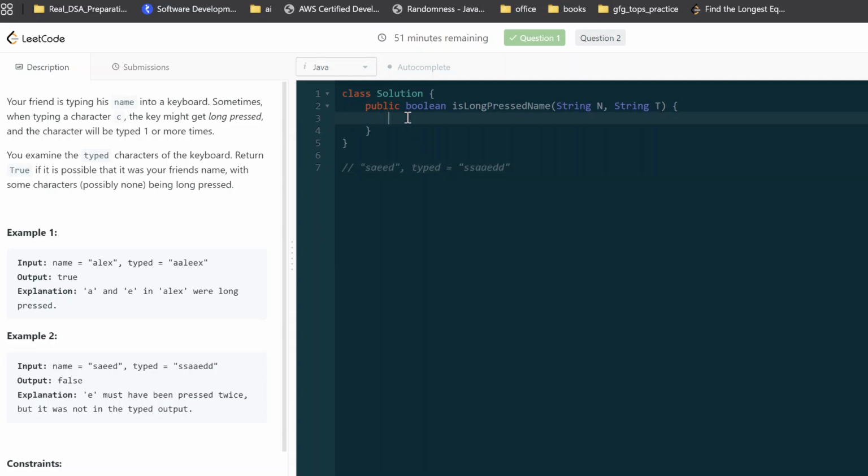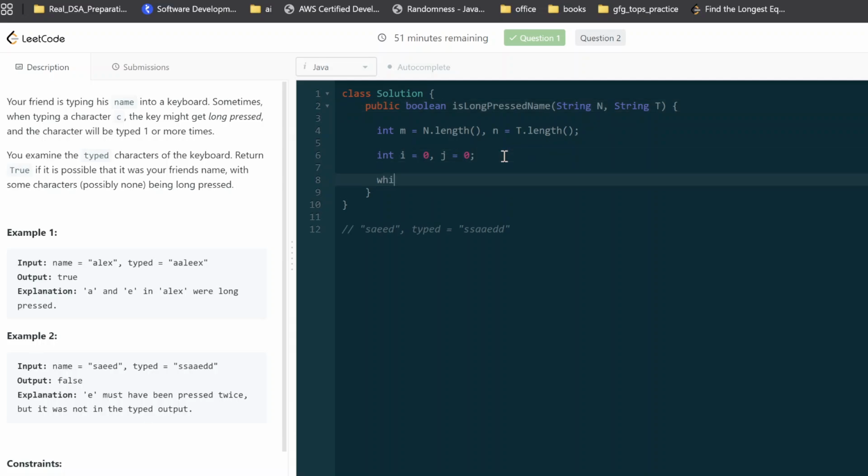So how are we gonna do that? Let's first extract the length of n and t. I will call it m for n dot length and n for t dot length, right? And then I'm gonna create two pointers, i equals 0, j equals 0. So i will be for n and j will be for t, right? And then while i is less than m and j is less than n, right? If